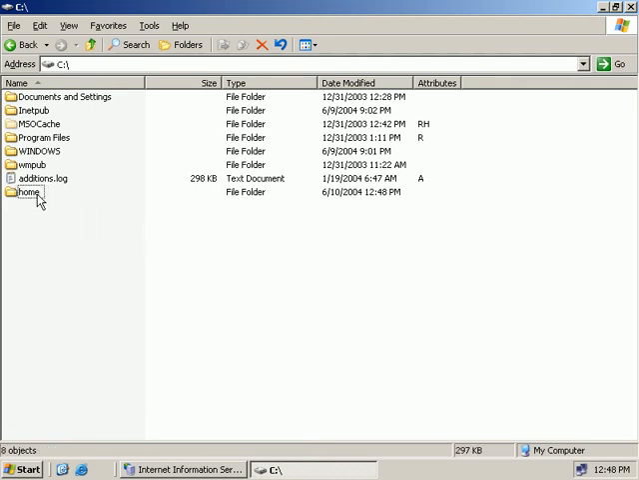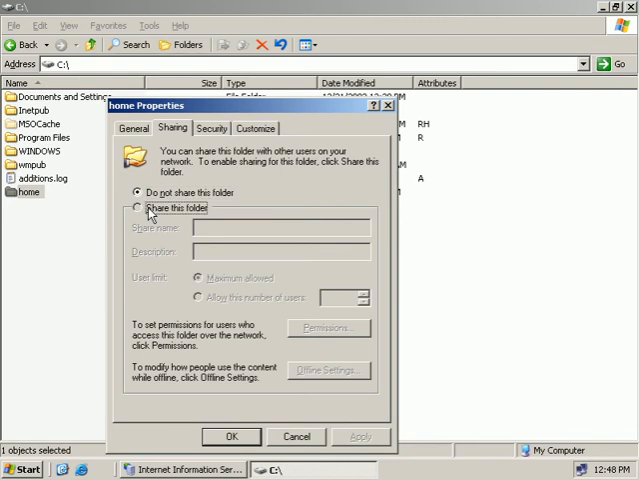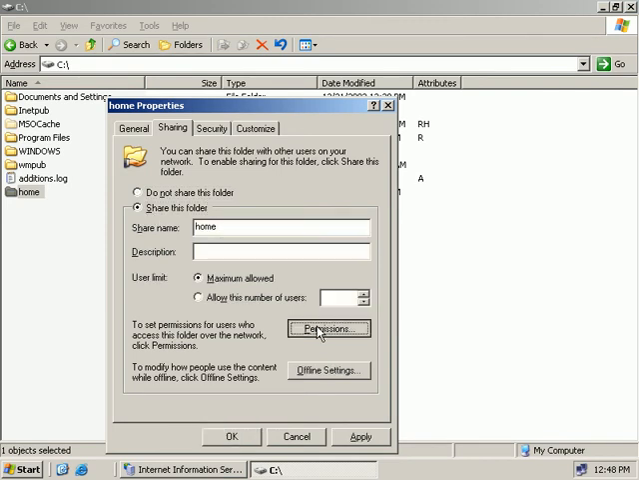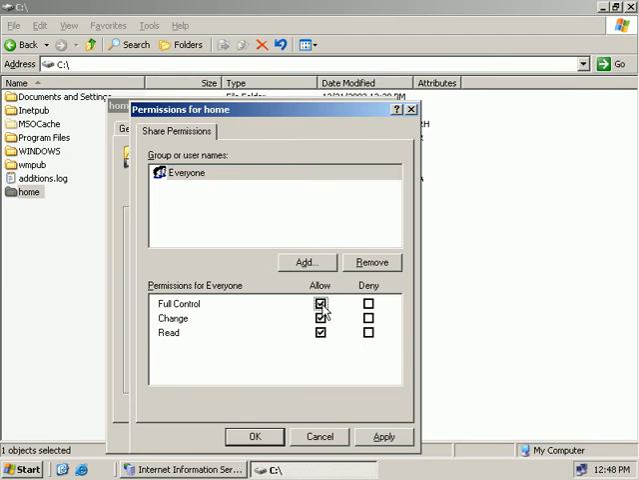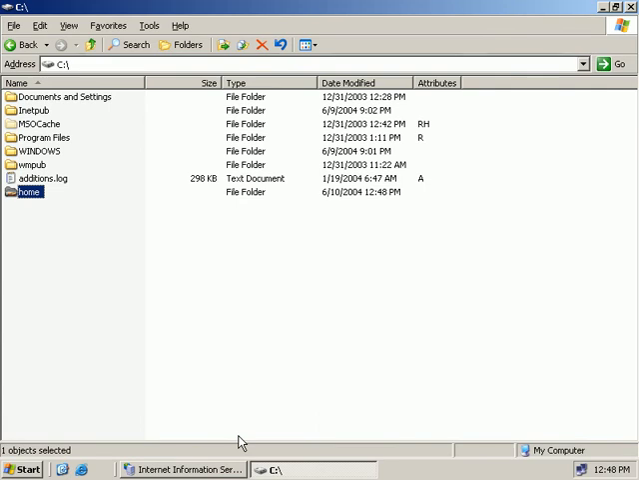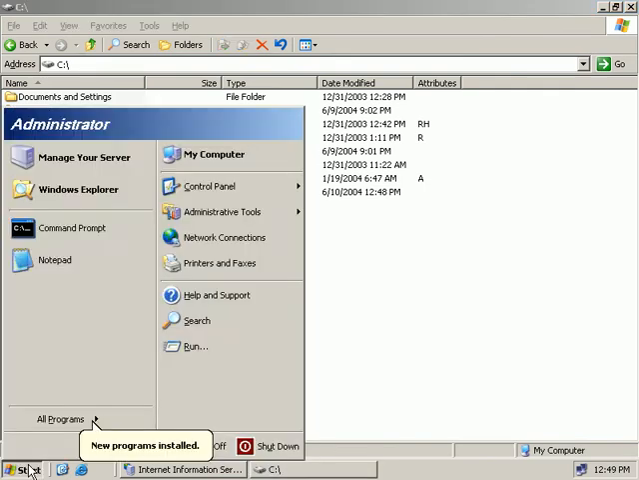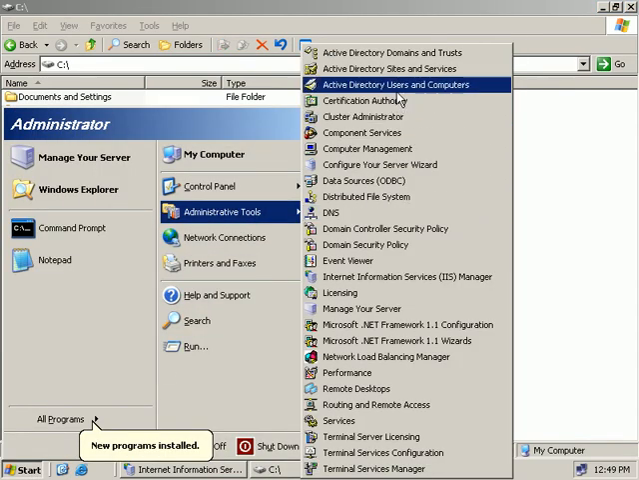And now I'll right click on our home folder and select Sharing and Security. I'll elect to share this folder, and I'll share this as home, that's fine, that's the default name. We'll go to our permissions button and we'll assign everybody full control. So we'll choose OK and OK again. And now we'll go and open up Active Directory Users and Computers,